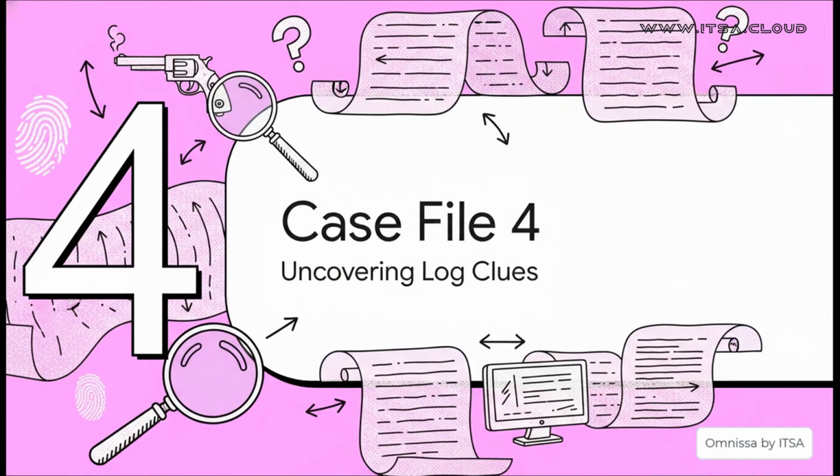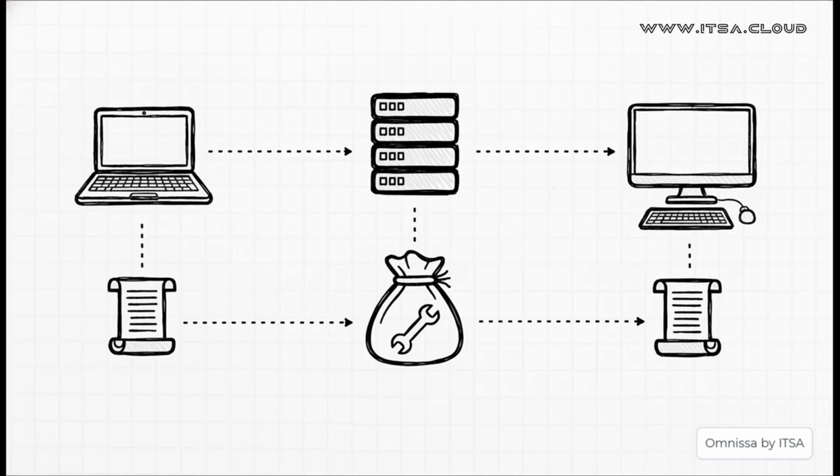So, we've examined the network, authentication, and in-session performance. For our final case file, we are going to the most definitive source of truth you can possibly find, the logs. This is where you find the smoking gun. The evidence is spread across the entire environment. You've got logs on the user's client, on the virtual desktop agent, and on the connection server. VMware even provides a neat tool, the Diagnostic Information Collector, or DCT, to bundle these up. And please, never forget the basic Windows event logs. They often hold the key.